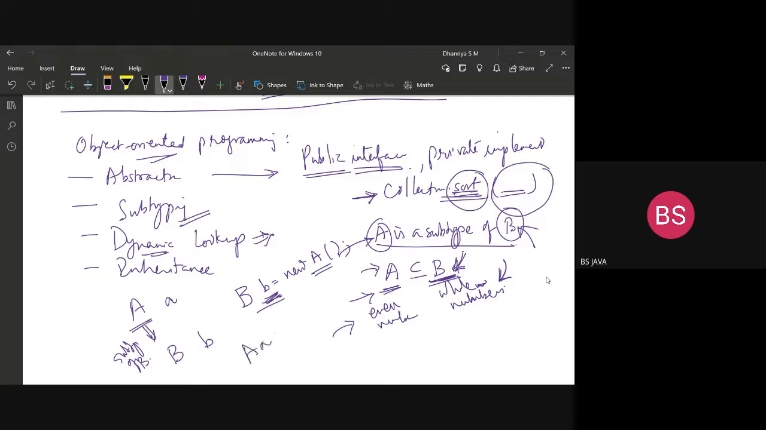This direction is not possible. You cannot have a variable of type A taking a variable of type B, because B is the parent and the main type, and A is the subtype. So you can have this kind of relationship: a variable of the parent type can take, or refer to, an object of the child type, and during runtime,